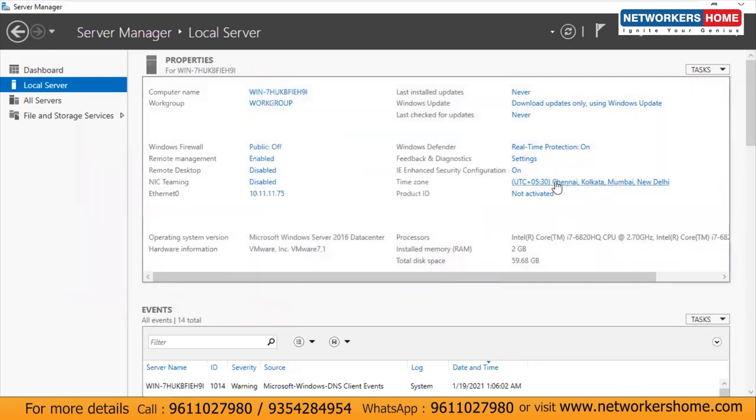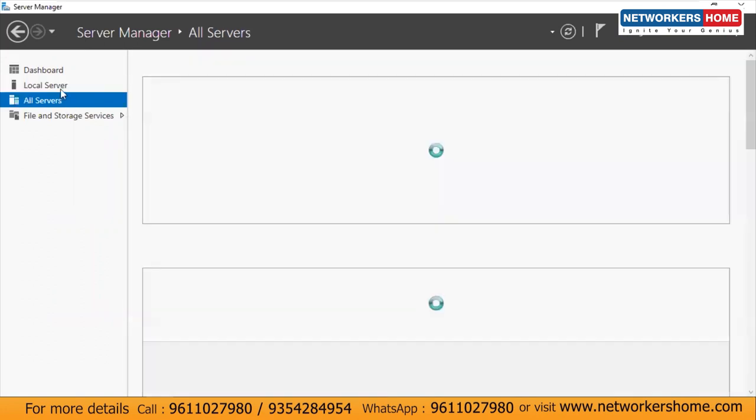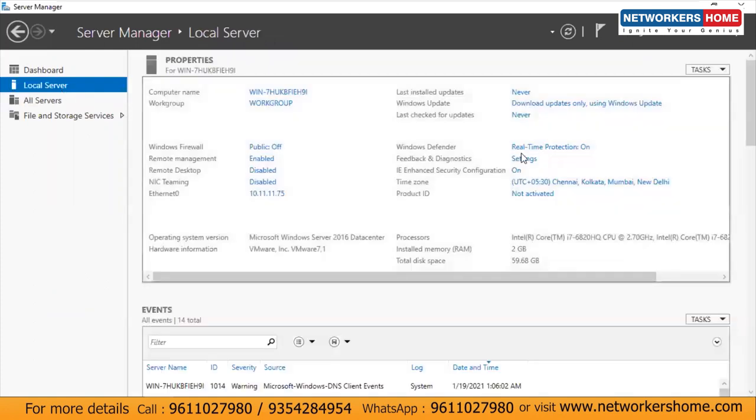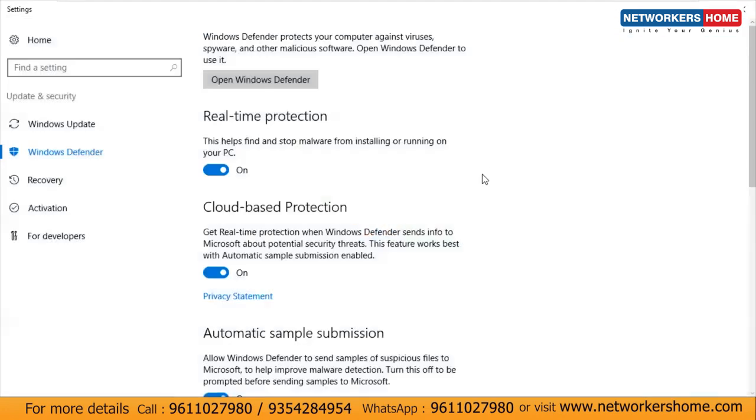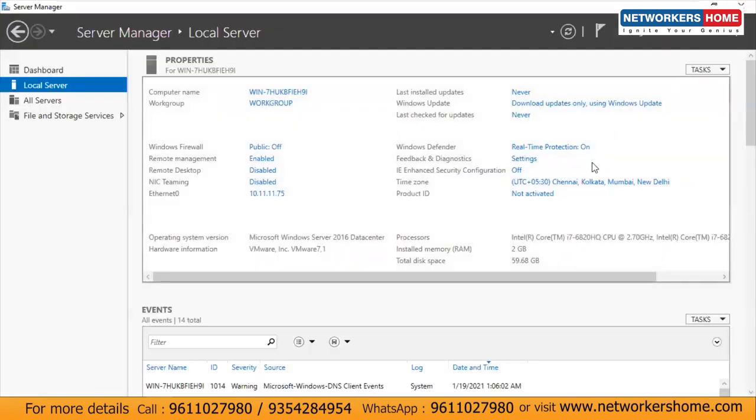Make sure that your time zone is the perfect one, Indian time zone. Host name also we changed. It will take effect after the restart. And here also you can see again, Defender also you can turn off, not important. You can see IE Enhanced Security is off. Okay. And one more thing you need to make sure,